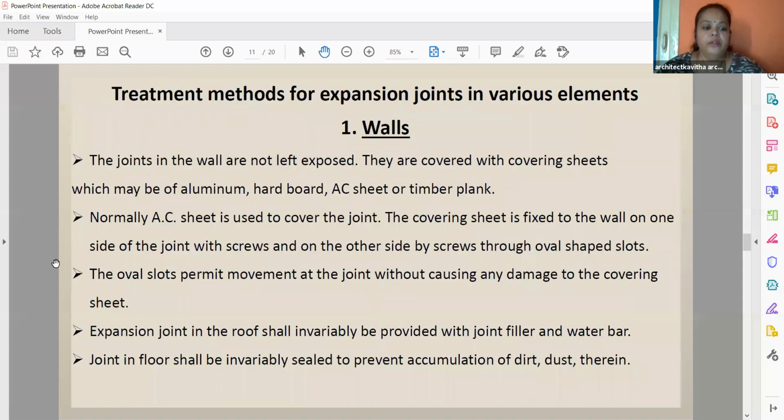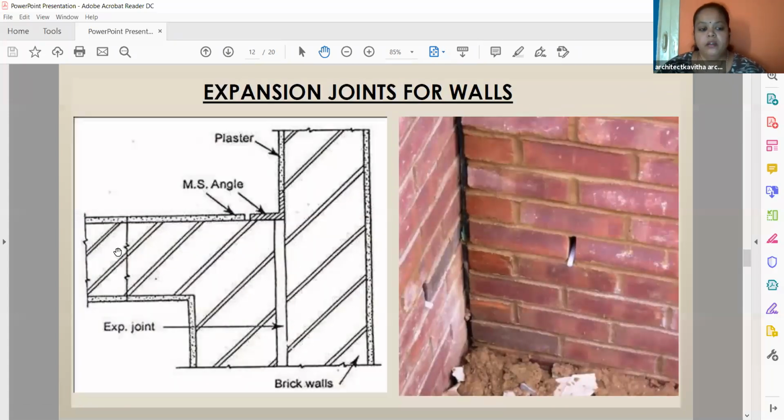So this is where you have a T wall. This is in plan, one wall like this and one wall like this, and you have a straight wall here where your T blocks junction will come. So similar like this, you are using a joint filler here. It can be rubber sheets I showed you, it can be a cork sheet. You will fill the joint and here they are giving aluminium angle. So you can give an aluminium angle or MS angle, sorry, it's MS angle. You can give an MS angle to cover the gap or you can give aluminium also. So with that, the gap is also sealed and this gap will not be seen abruptly.